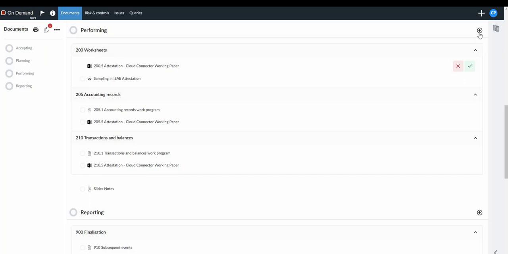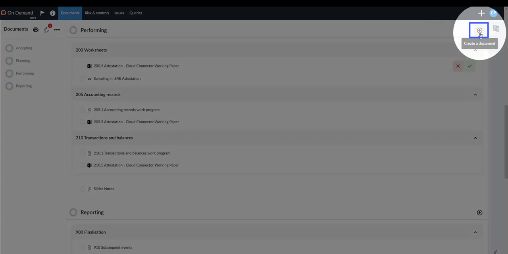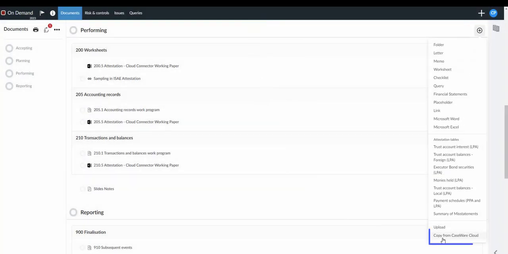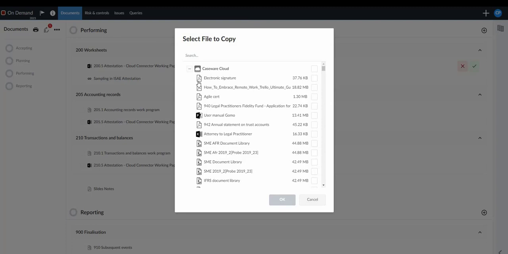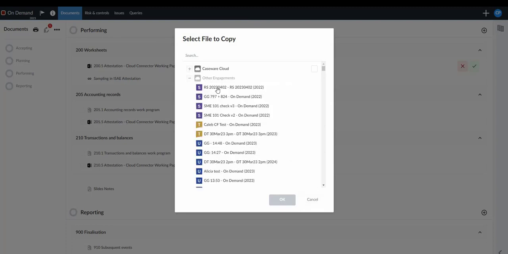Once I am in my engagement file, I will click on the Add Create a Document button and then click on Copy from Caseware Cloud. This will now load all of the engagements that are linked to my entity. You can only copy between the entity that you have open to another entity, but if you have two engagement files for that entity, you can copy across between those two, so you can see the files that you have linked to Caseware Cloud already. Or if you want to copy